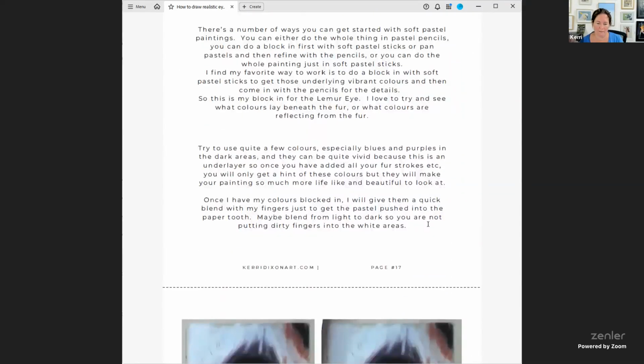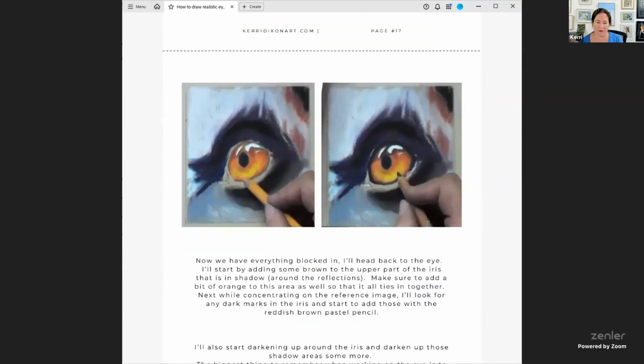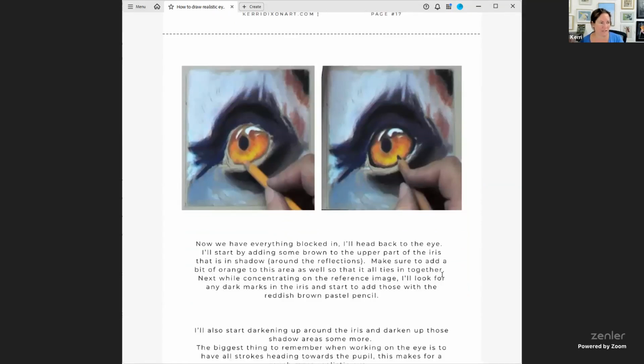And then I start with the details. So once I've done my blocking, sort of getting the values, getting the colors in the right spot, I build the details up. But of course, I've pushed all that pastel stick into the paper, so it will take more layers. Then I look at my darks again. So you can see in this picture on the right, I've marked in my darks around the iris. And then slowly build up layers of pencil to give it a nice smooth finish